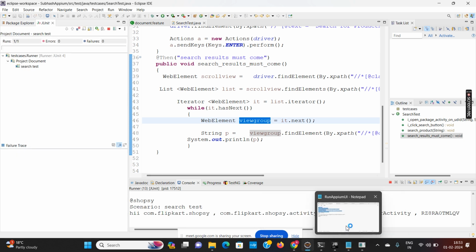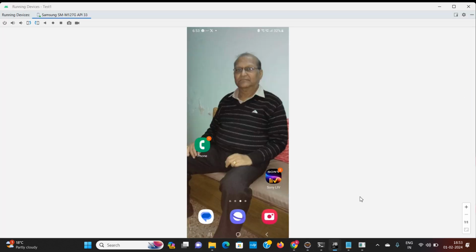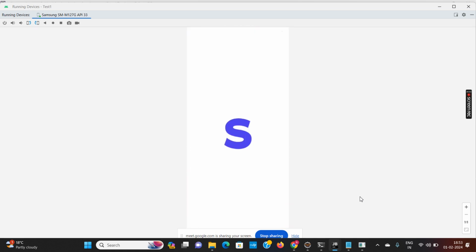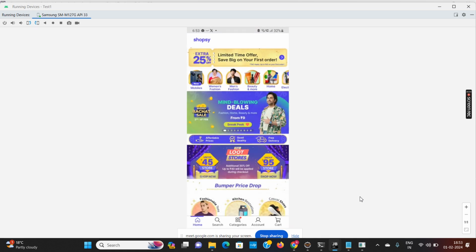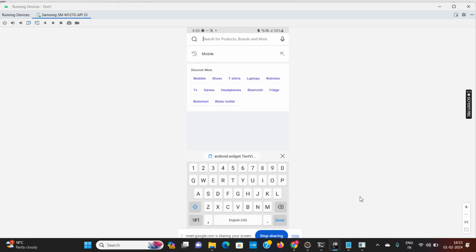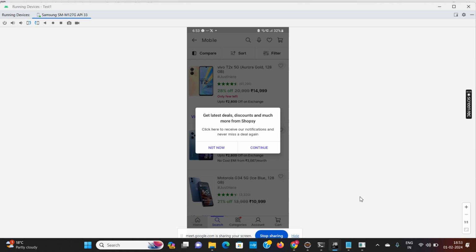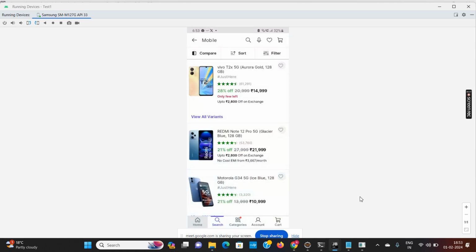Let us see. It has launched the app, clicked on the search button, entered the mobile, and let me check whether it is getting the data or not.